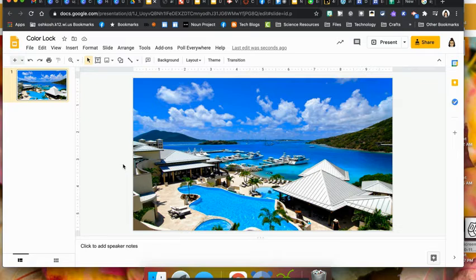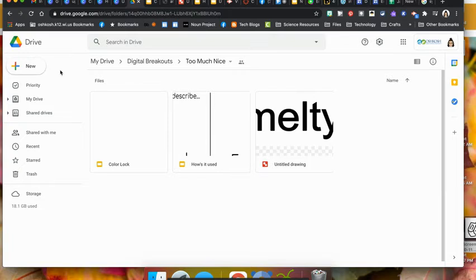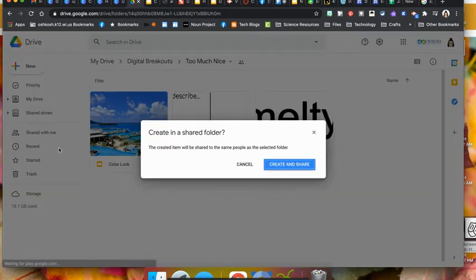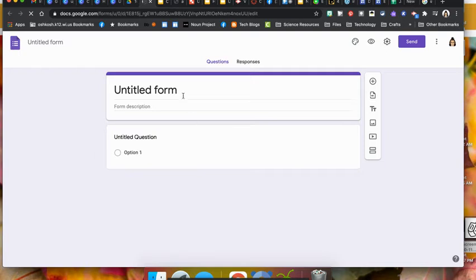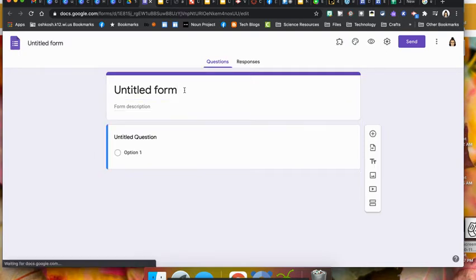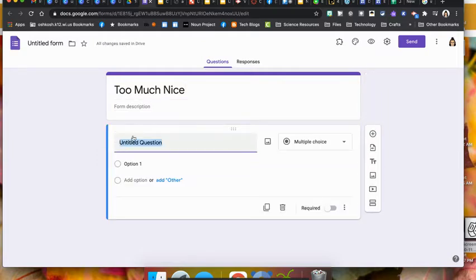The next part is to make a Google form that is going to be what they're going to have to unlock. So I'm going to go back to my Google Drive and go into that folder, and I'm going to hit New Google Form, create it in this folder. And we're going to title it Too Much Nice. All right, and for my 2-digit number lock,